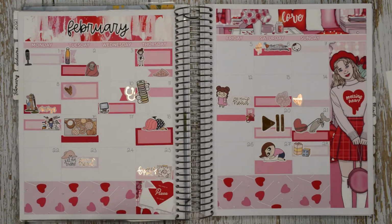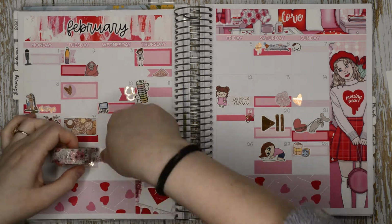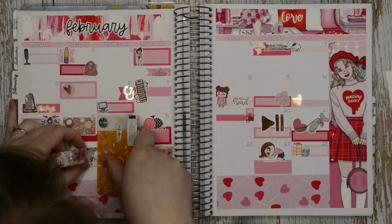Right, let's pop in some washi and stuff. As usual, I am just going to do some random ripping, tearing, and just place washi down where I fancy. Okay, good. So whilst I'm doing everything, I am just going to talk about my usual social justice topic,